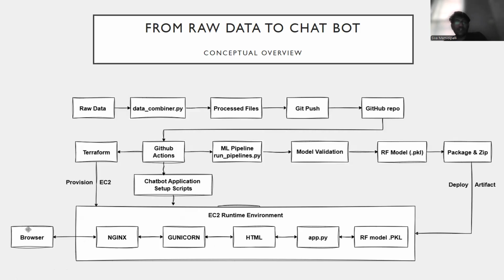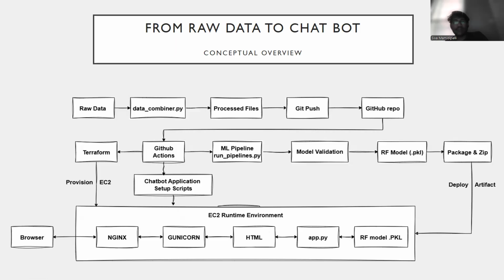So the moment we hit the URL of the EC2 instance using the port number 80, it will go to Nginx, and again Nginx will connect to Gunicorn from port 80 to 9090. Again it goes to the HTML. The entire flow goes